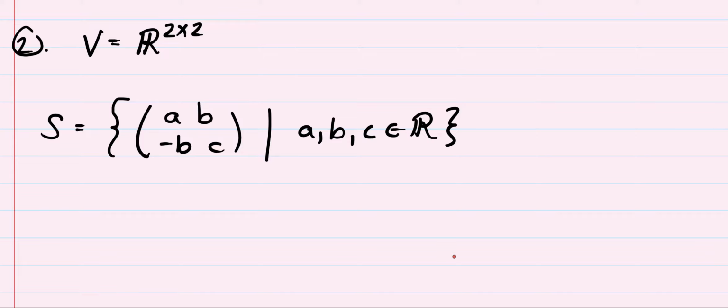Let's look at another example. Let's say V is the set of 2 by 2 matrices. Again, I'm not specifying the vector addition and the scalar multiplication. You already know what it is. We know how to add matrices, and we know how to multiply a matrix by a scalar. And our subset is going to be the set of all matrices that take this form: A, B, negative B, C, where A, B, and C are real numbers. So what I want to know is